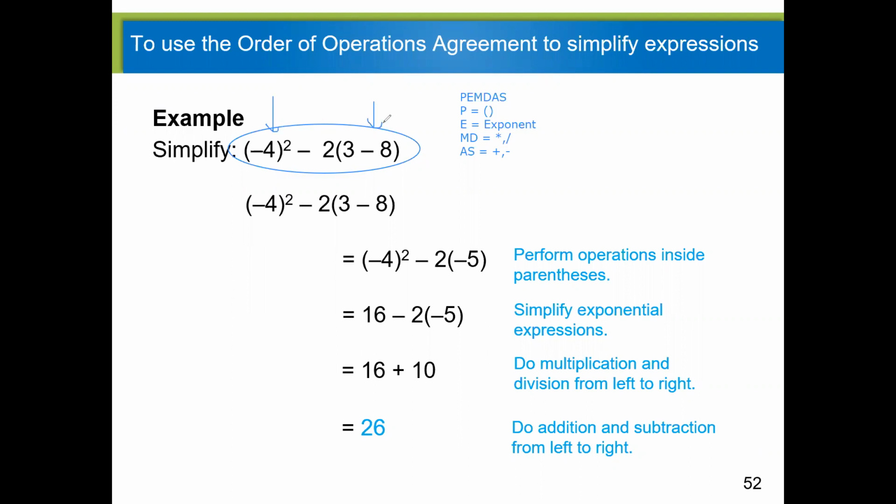I care about parentheses first. -4, cool, that was easy. -4 just is -4. But this right here is a math equation inside the parentheses. I care about parentheses first. It's the first letter in PEMDAS. Solve that. -3 minus 8 is -5. So I've solved that. Now I can rewrite my equation, having finished all the parentheses, and move on to the